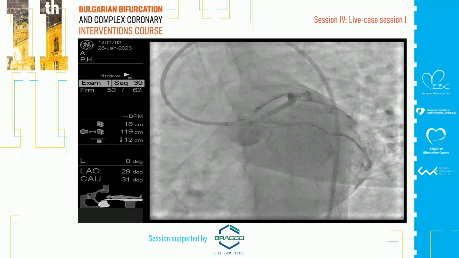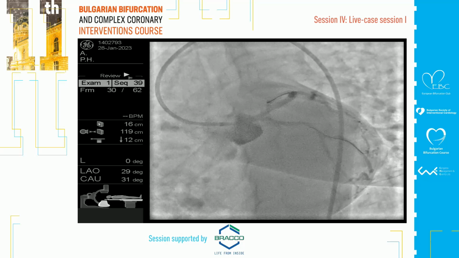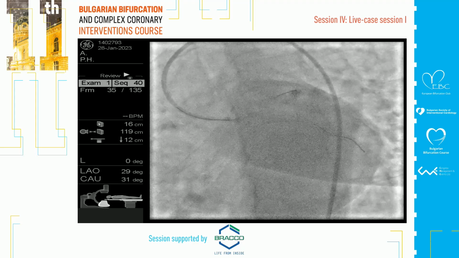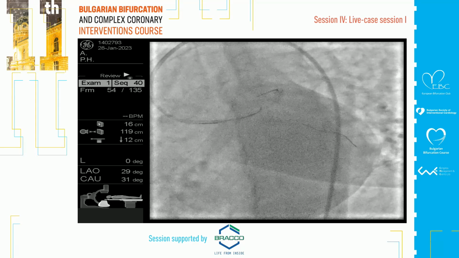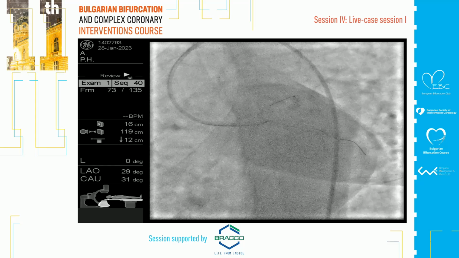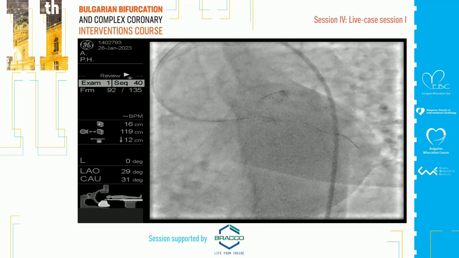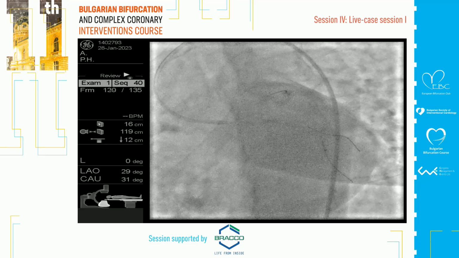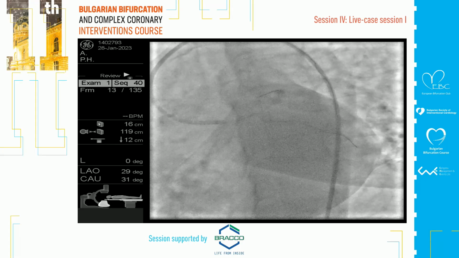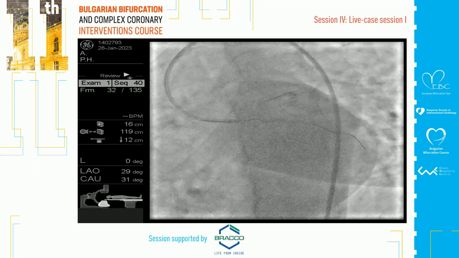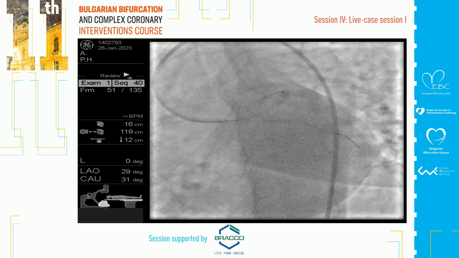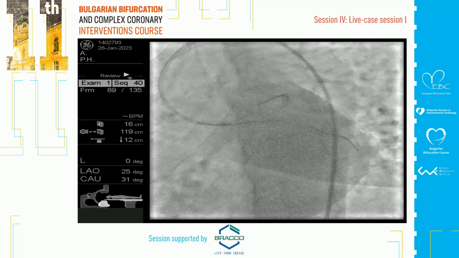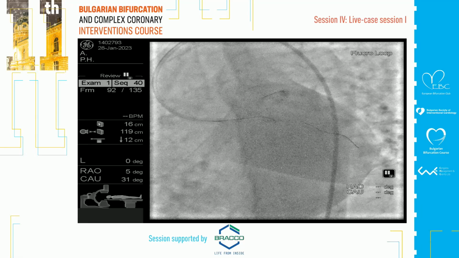Then we crossed with a wire quite easily, but unfortunately, we can see the crossing with the third wire probably went under the stent struts, and we should, not we, but Gianluca should recross. Yeah, we recross with another wire. I leave the wire I put previously there. Maybe we can go in epicaudal, and be sure that the guiding catheter is in a good place, just to allow us to